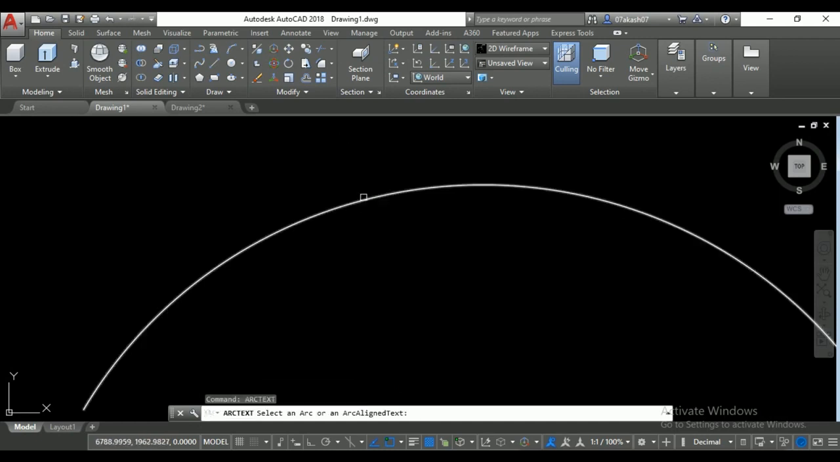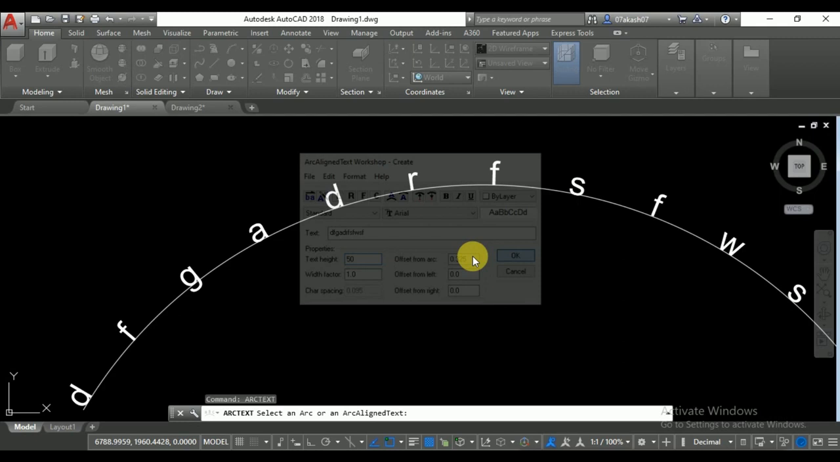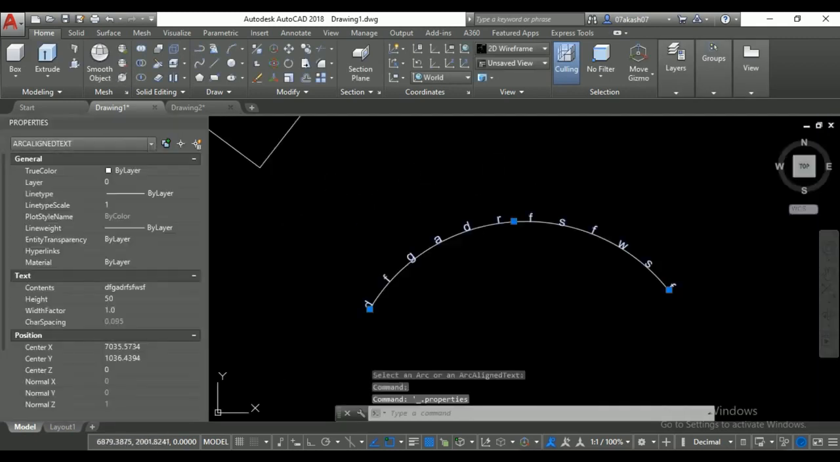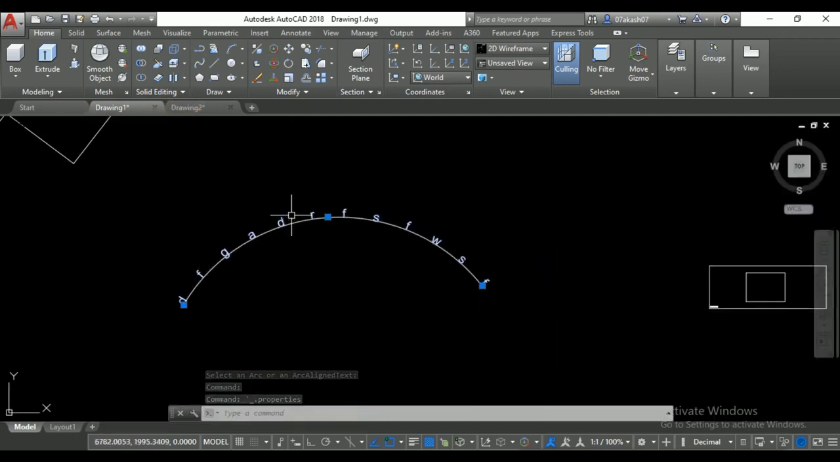Okay, then click on arc, then you can provide the text and provide the text height. I'm providing text height as 50, then okay, then you can see here. Okay, so you can easily provide text like this on the arc. Let's go ahead. Another command is called